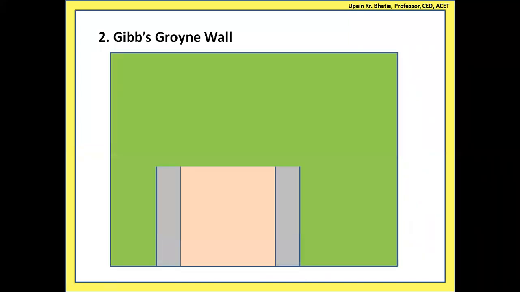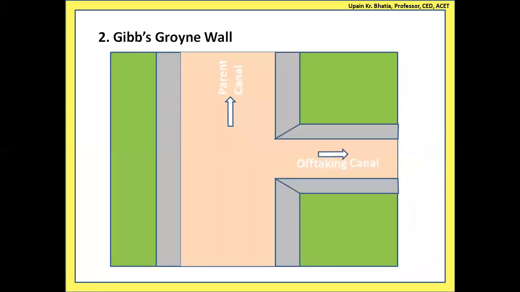In a similar type of diagram, these are the parent canal and off-take canal, and we are providing the groin wall in this fashion. Consider it as a single wall, and please don't pay attention to the rectangular component over here, the sharp edge over here. It is basically rounded. I have just made it with the help of two curved straight lines, which are rectangular on these two sides. It is just the limitation of the drawing tool that I have used. Otherwise, it is a straight, thick wall here, and it is curved somewhere here in this fashion.